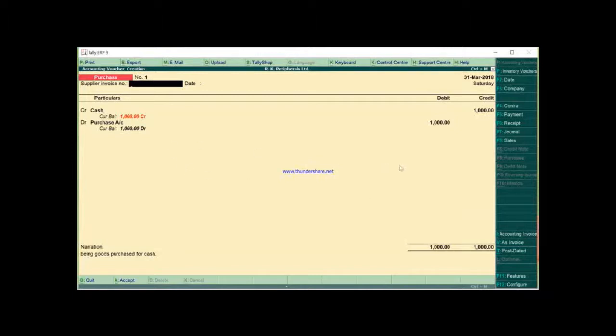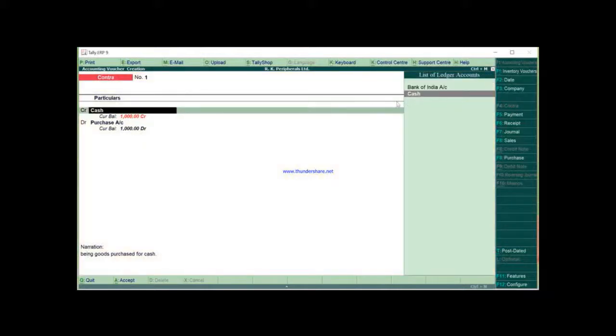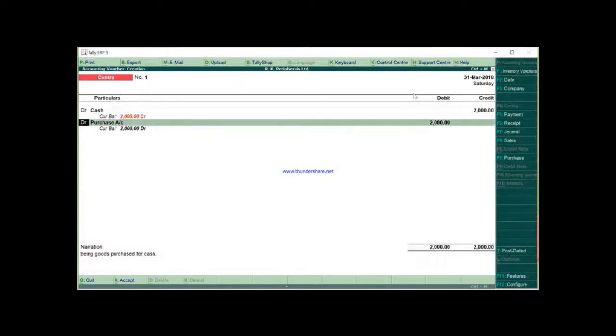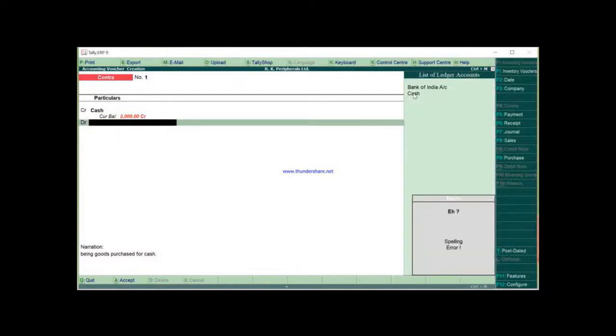Now after this the next entry is cash deposited in bank. For this transaction we will use the contra voucher. So click on the contra voucher. Here for cash deposited in bank, Bank of India account is debited and cash account is credited. So first we will select the cash account of rupees 2,000 and debited to Bank of India account.